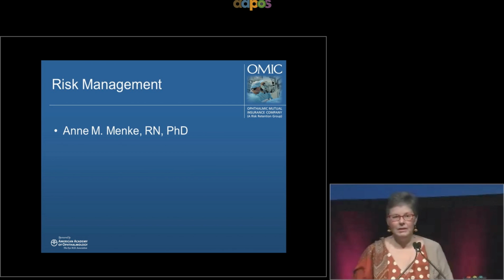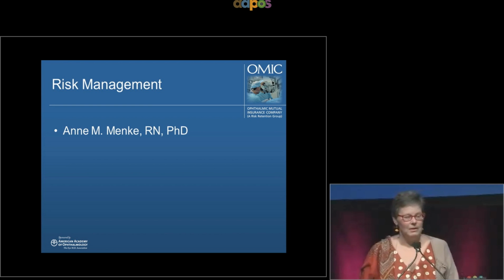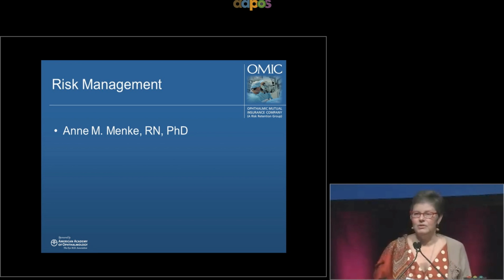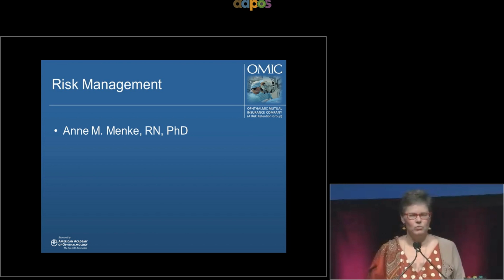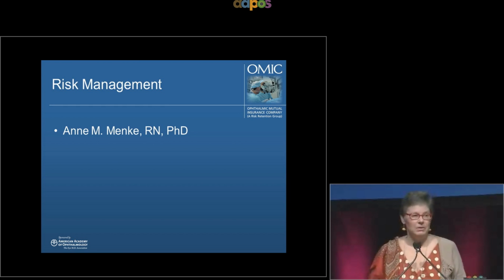So first I want to thank Bob for undertaking this enormous study, and we both want to thank my assistant Linda Nakamura. Jim Sprague and I presented several years ago on Omic's claims experience for pediatric ophthalmology and strabismus, and we located claims by diagnoses. We tried to find it different ways. Well, we did it the hard way this time. I started out doing it, and after about 25 cases, I thought, why do I have an assistant? This is why. So Linda Nakamura actually went into every claim that we've had to find the age of the plaintiff, so we're really sure about these numbers.